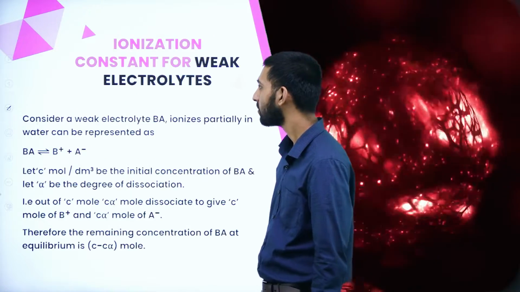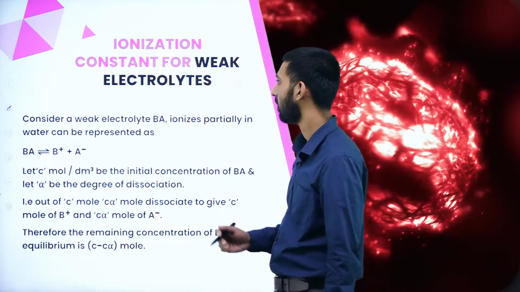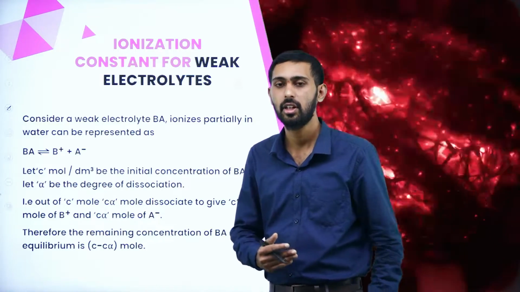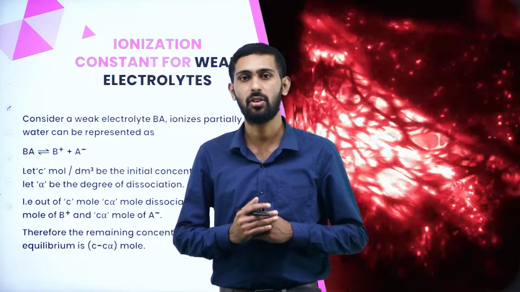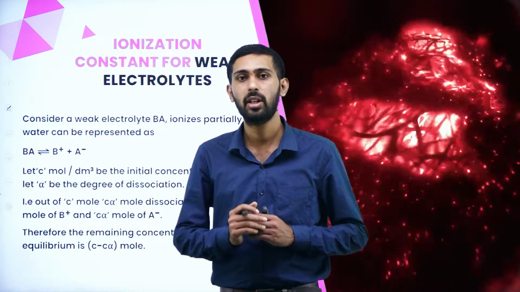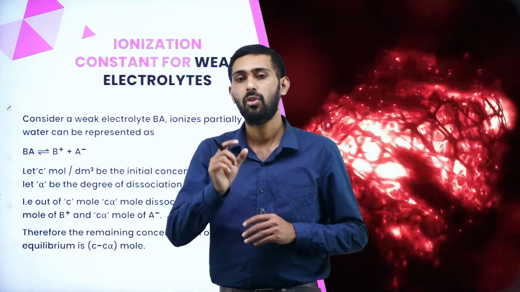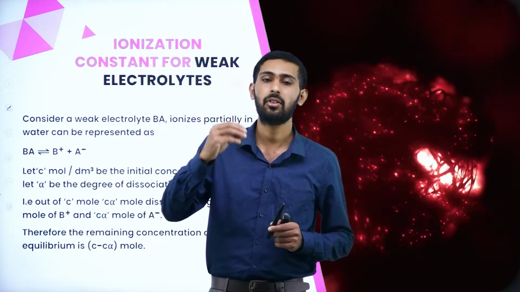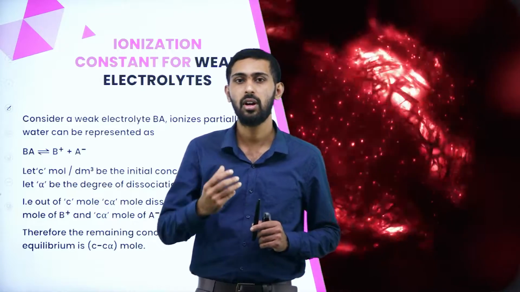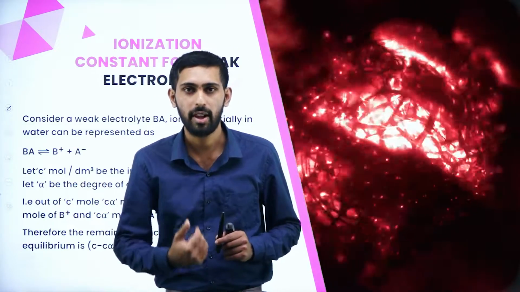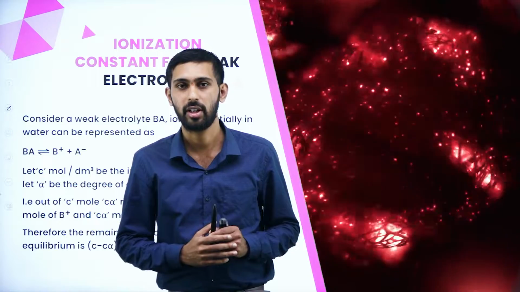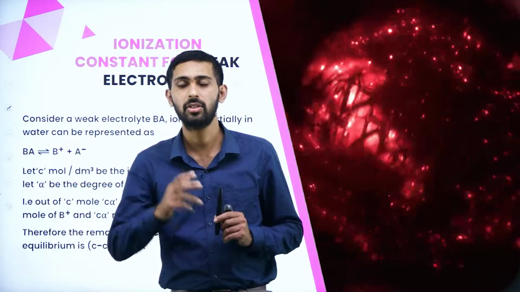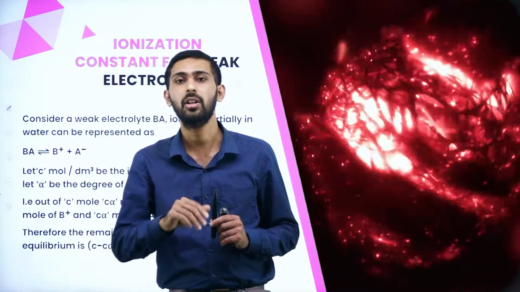Okay. Next thing is the ionization constant for weak electrolytes. What do you mean by ionization constant? First of all, before defining ionization constant, we should know what ionization energy is. What do you mean by ion first? Ion means if you remove one electron from the element, it will lose one electron, right? So the atom is converted into ionic form, so it will be Na plus or Ne plus.